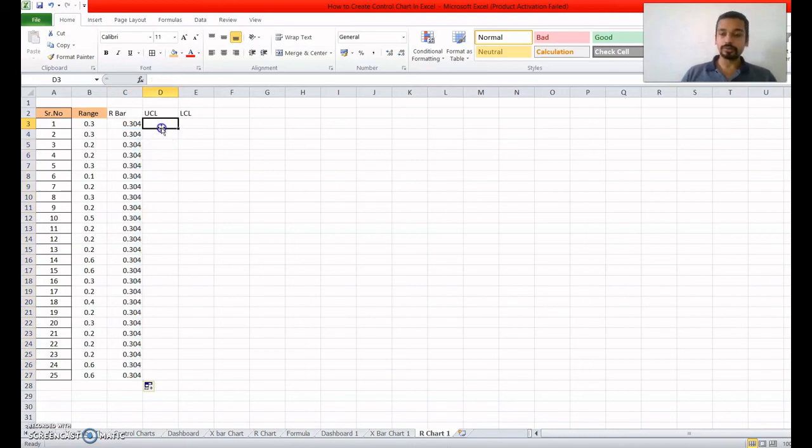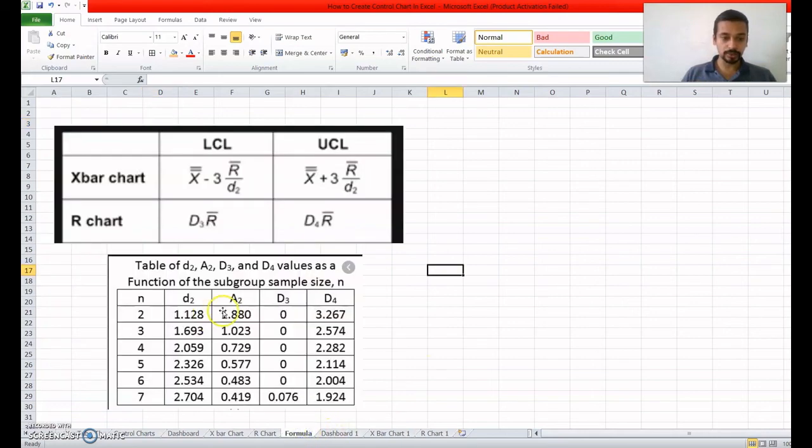Now upper control limit. So what is the upper control limit? We'll just see the formula. The formula for upper control limit is D4 into R bar. So what is D4? We have taken 5 numbers, so D4 is 2.114.